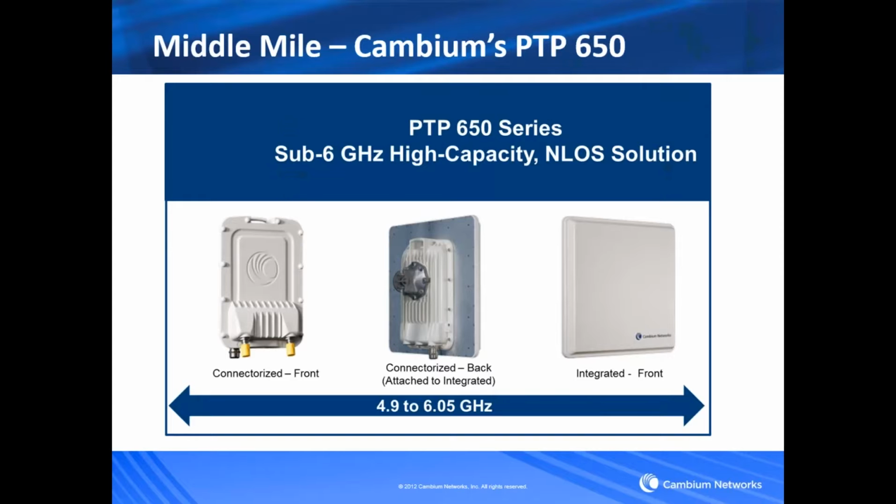Our middle mile radio, our point-to-point 650 radio, once again, sub 6 gigahertz capacity, works in the 5.1, 5.4, 5.8 range, integrated. You can see it's very small if you use the integrated antenna. Once again, if you have to lease space, it's a very small profile. If you have to lease space to put a 650 in, an application for that could be one of the high bandwidth applications that Ted talked about, or it could be providing backhaul to a DSLAM if you want to use a wireline-based system.